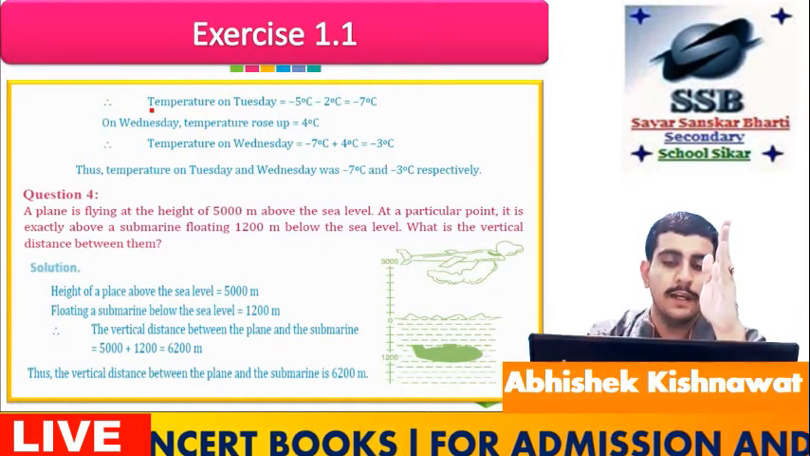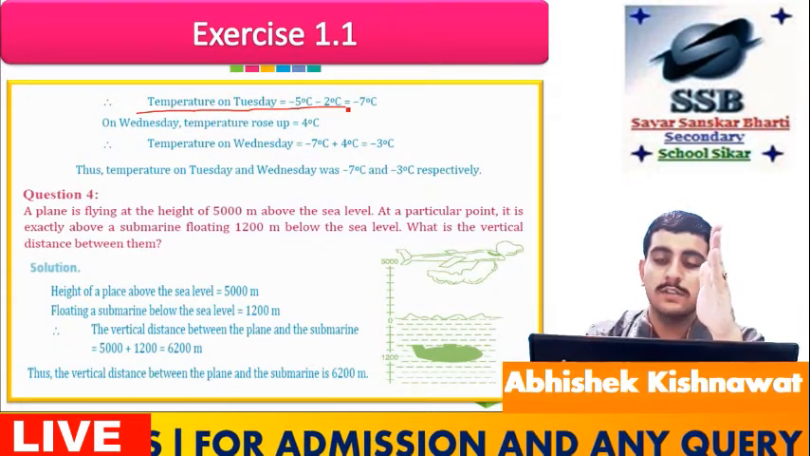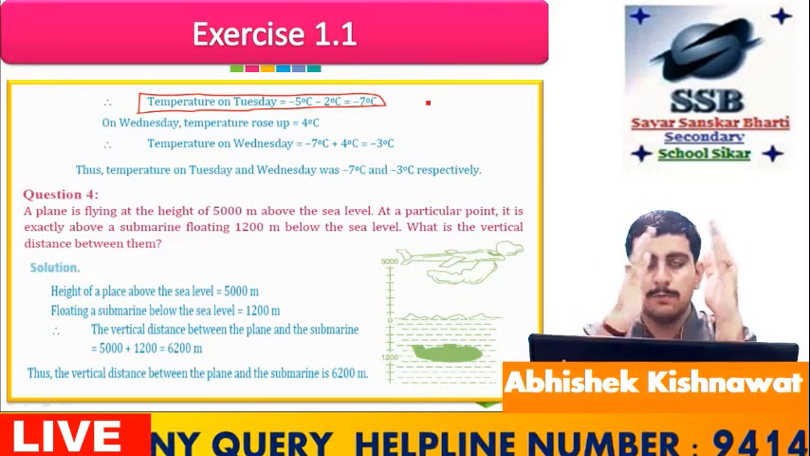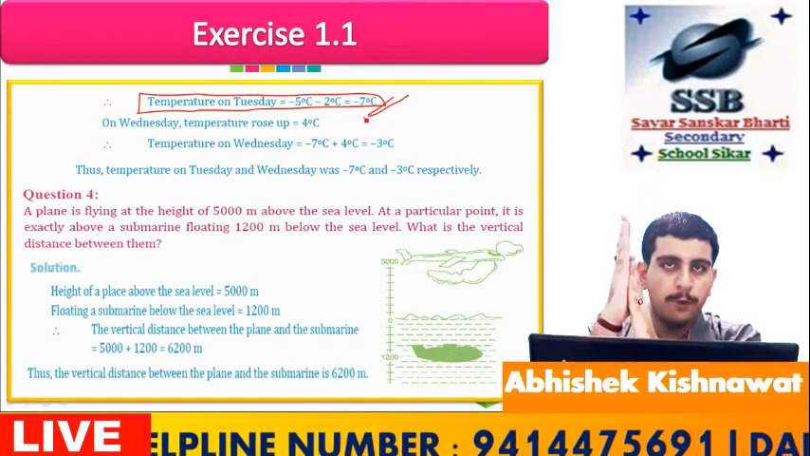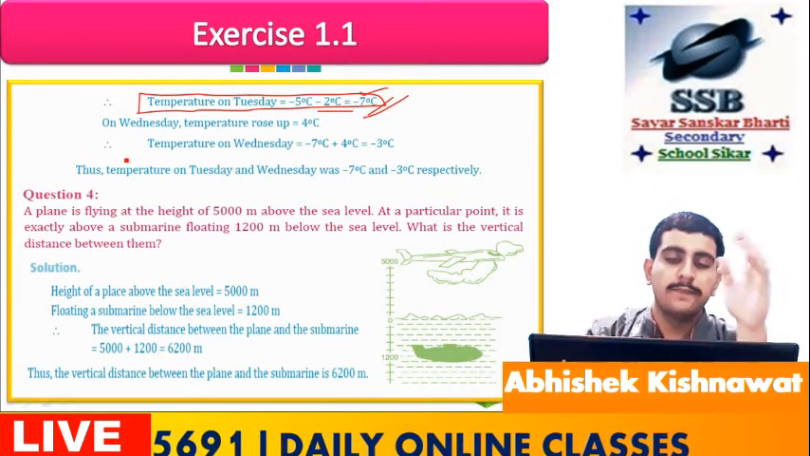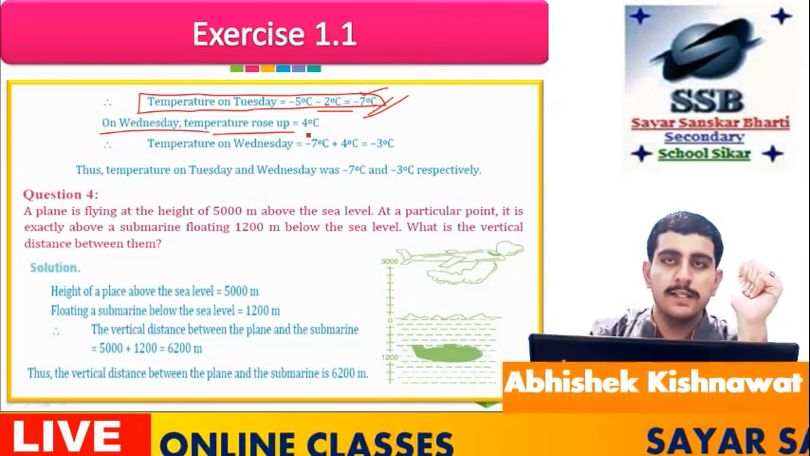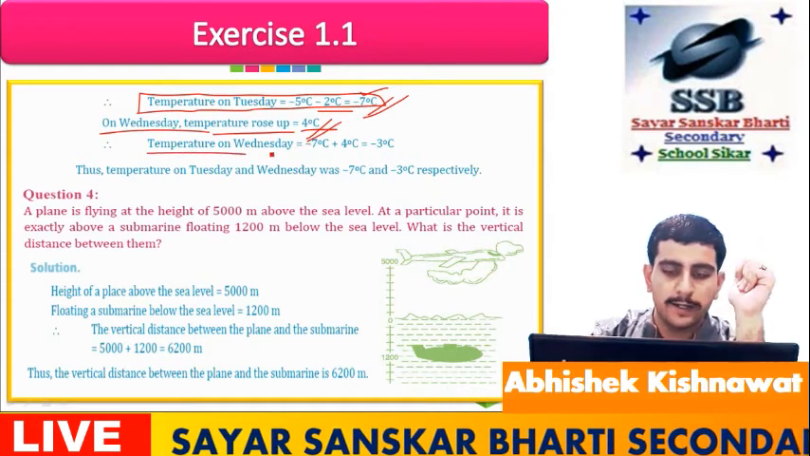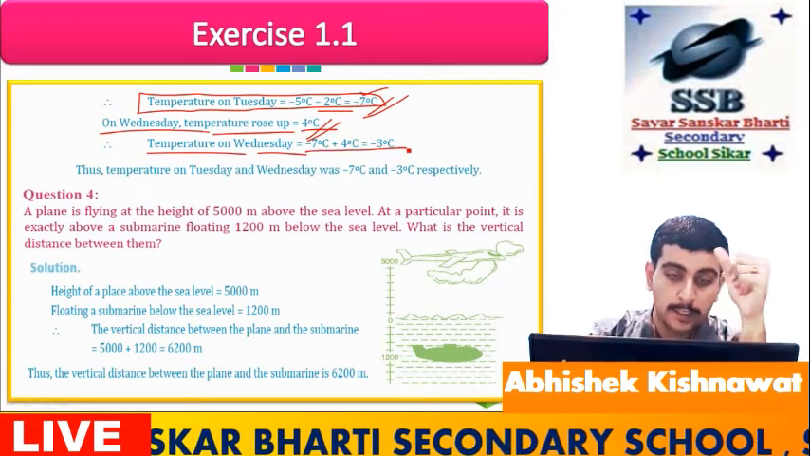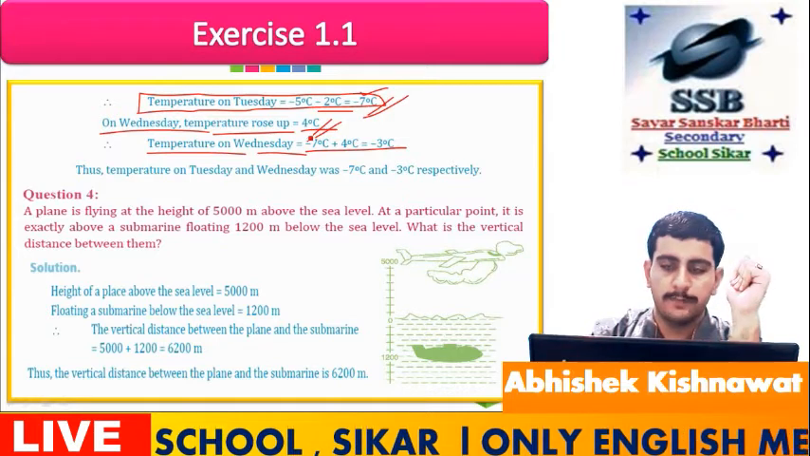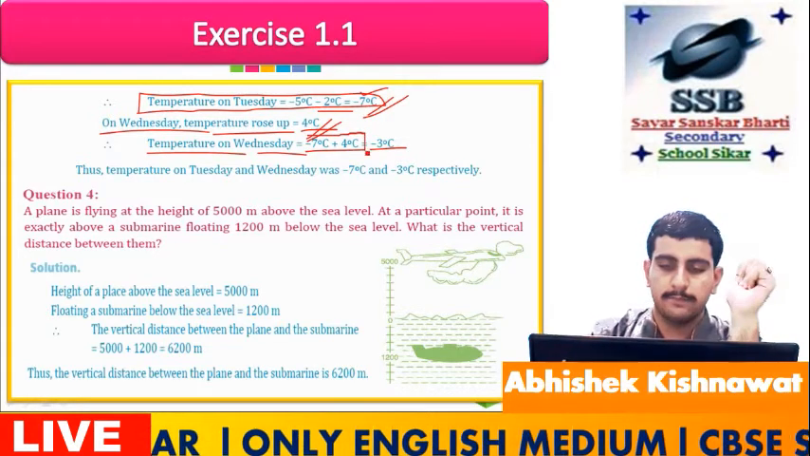Now on Wednesday, temperature rose by 4 degrees Celsius. So now the temperature will be -7 degrees Celsius plus 4 degrees Celsius equals -3 degrees Celsius. Thus temperature on Tuesday and Wednesday was -7 degrees Celsius and -3 degrees Celsius. I think you all get it. Very good. Next question is,